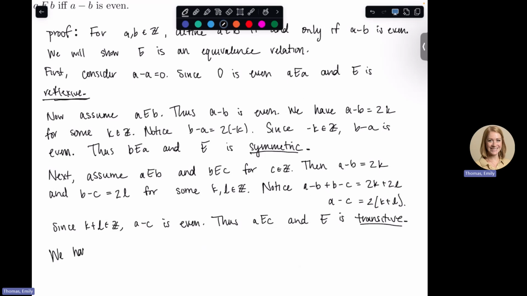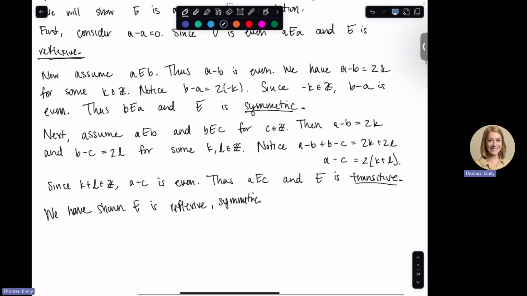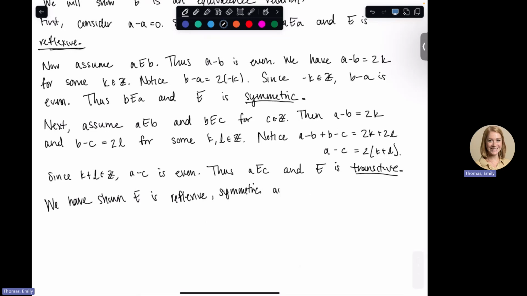We have shown E is reflexive. Oof, my hand already hurts, which is bad news. Symmetric, which means the handwriting is getting worse too. Sorry, I'll work on it. And transitive. And thus, E is an